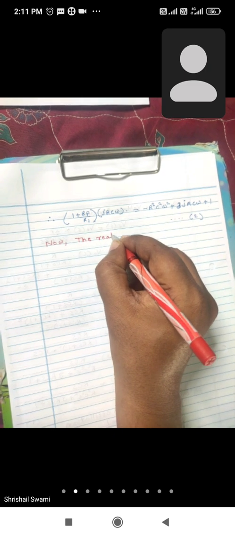So the imaginary term is this total, the real term is only this much. Okay, now this we can consider as equation number 2. Now what we can consider, the real part of equation 2 we can equate to 0. The real term we can make it equal to 0.